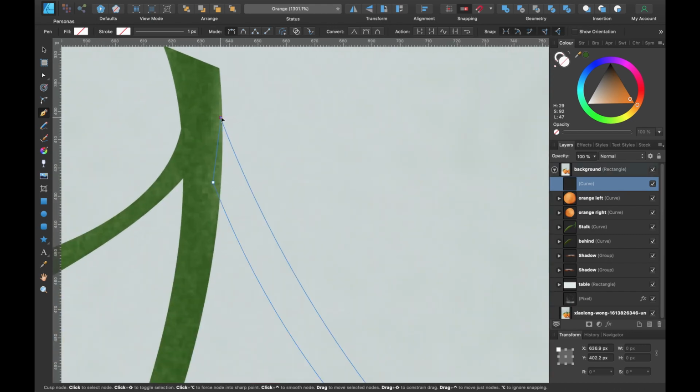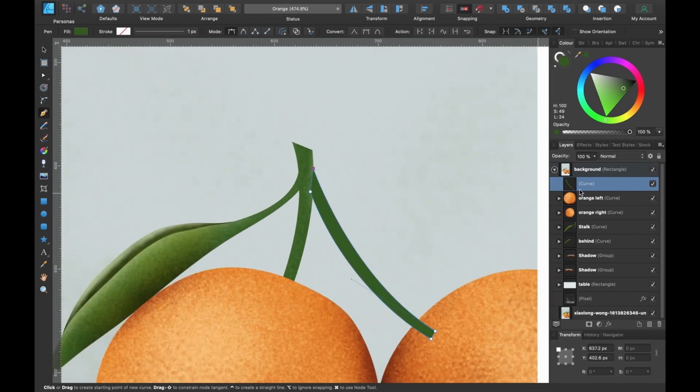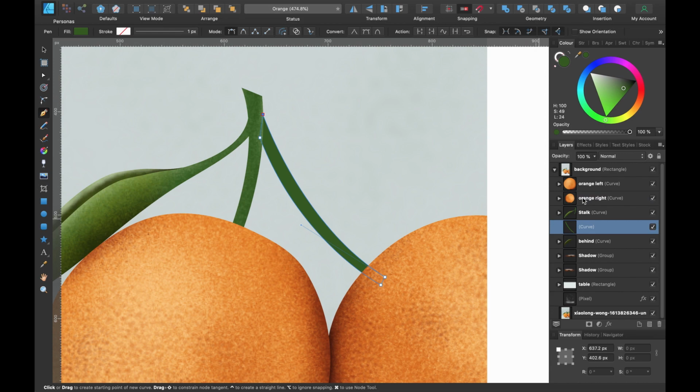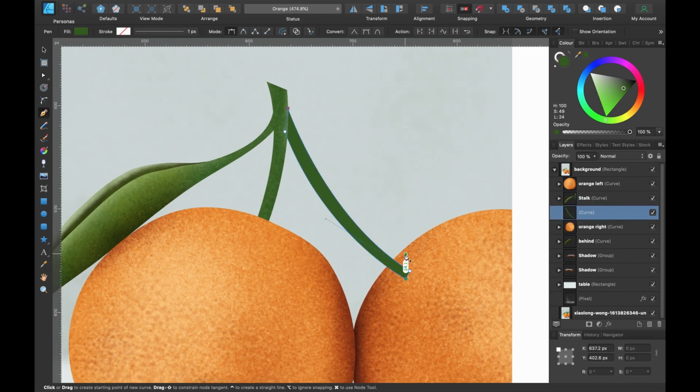We'll just drag that in slightly, and we'll grab the eyedropper tool and choose one of the green colors there. And this one we're going to drag underneath orange left and the stalk as well. And we're going to drag the orange right underneath the stalk. So the stalk is on top of the orange.